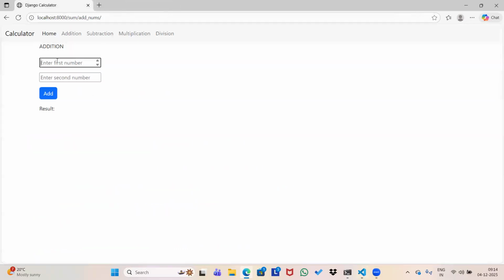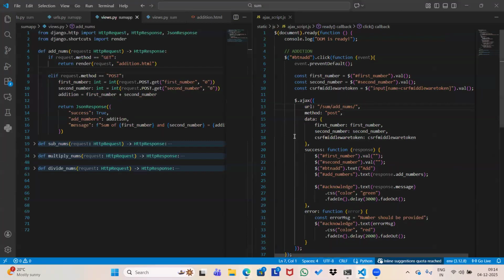If I give any numbers, suppose 89, and click on this add button, it will give you the result 134. This is the line which I have mentioned over here, addition, add underscore number. As you can see here, this is my first number, second number, and add button. This add underscore numbers I have mentioned in